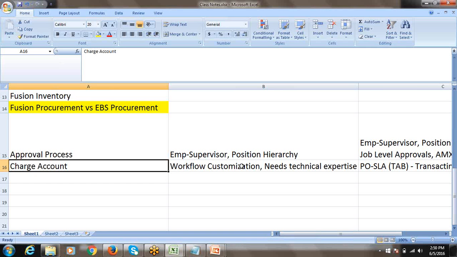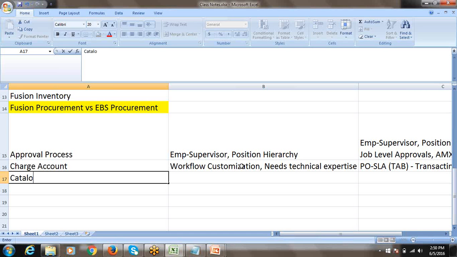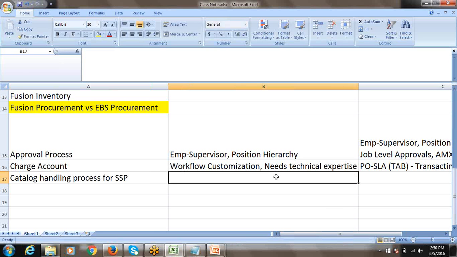That is one part: charge account and approval process. Also, I will say, the catalog handling process for self-service procurement. Here, the way we need to configure the procurement catalogs to make them available for self-service procurement